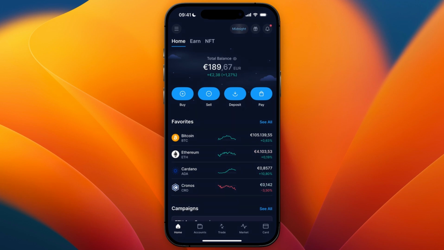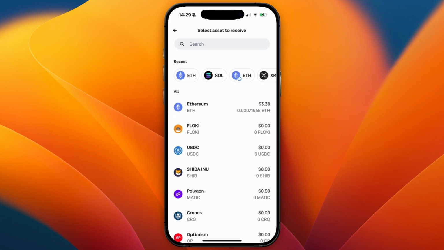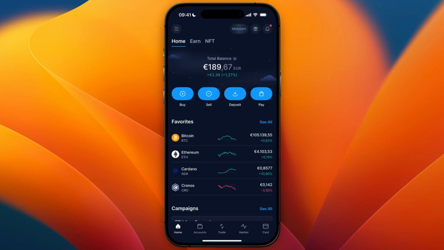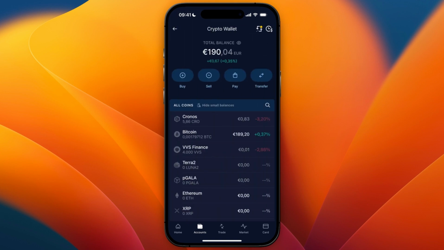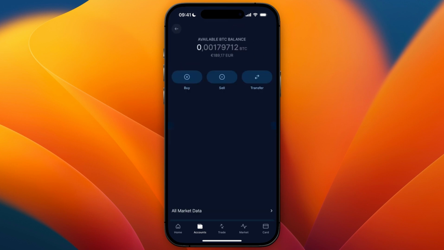In this video, I will show you how to transfer Bitcoin from Crypto.com to Coinbase. So to do this, first go and open up Crypto.com, and then what you want to do is go to Accounts in the bottom and click Crypto. Now here, if you own any Bitcoin, you will see it, so go and select Bitcoin, and then from there